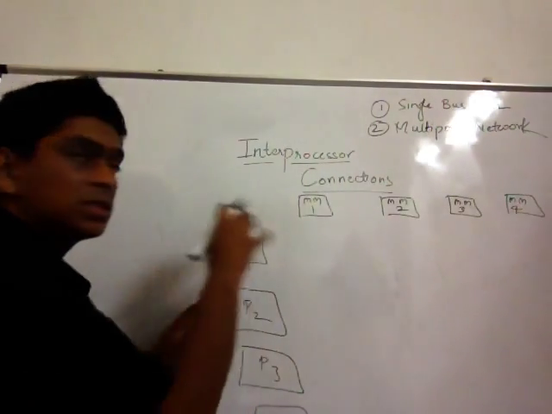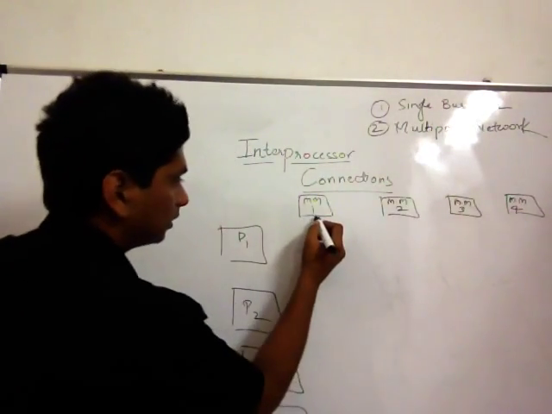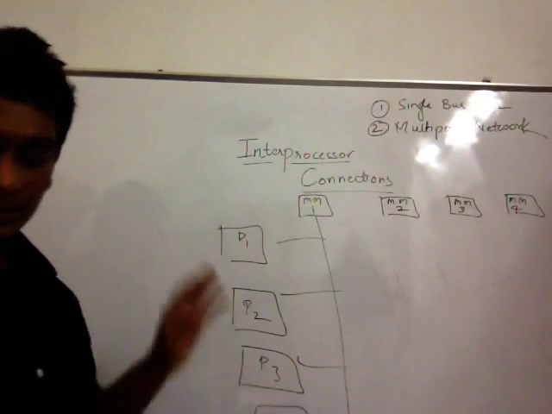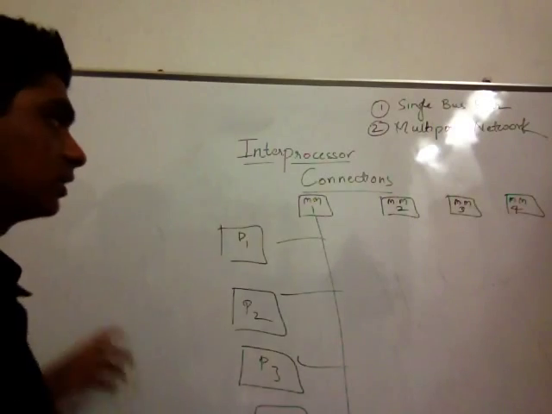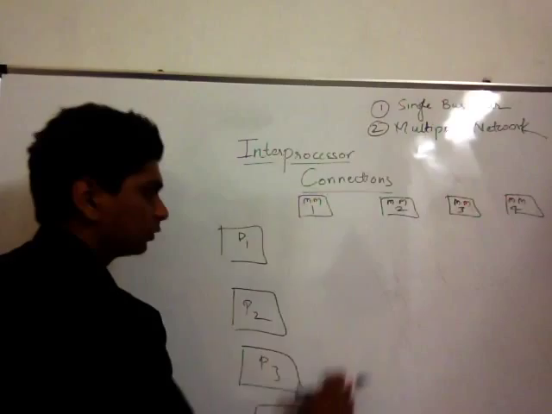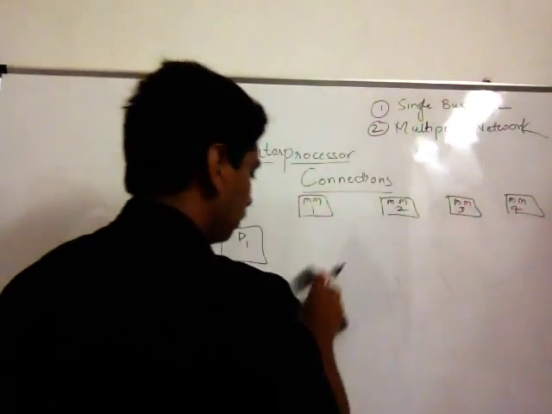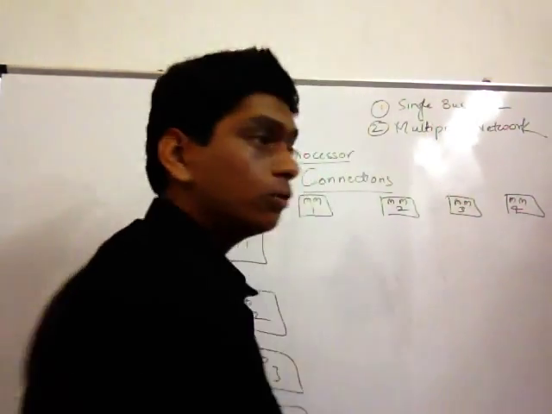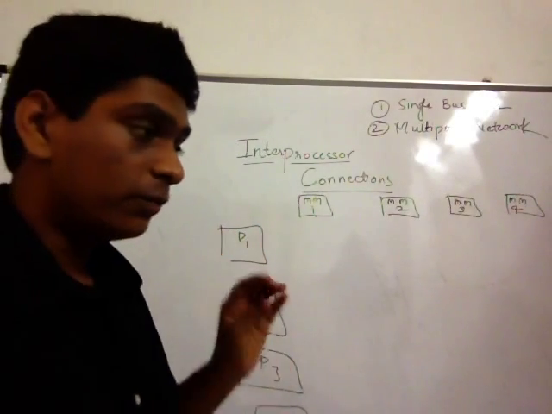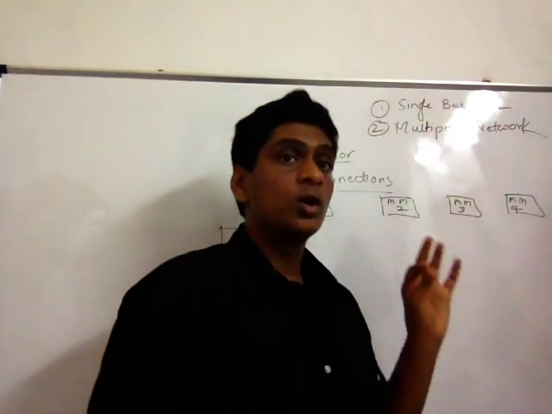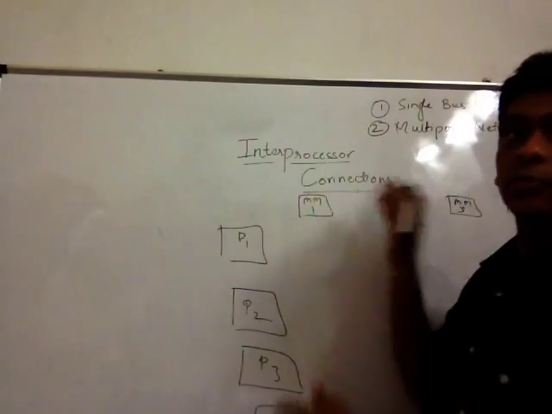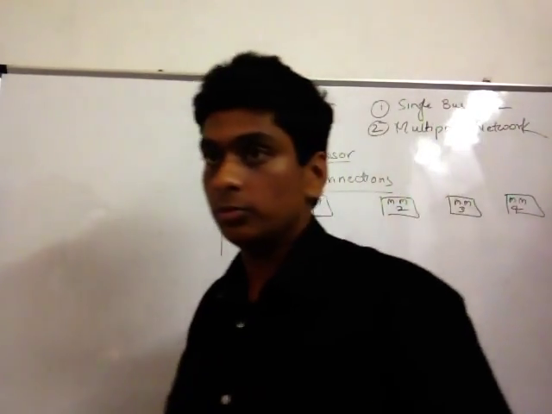If it was a single bus type, you can just connect one single bus and every processor is connected like this. That will be the single bus type of processor interconnection. But we are dealing with a multi-port network, which, as I already told you, is a slight improvisation of your single bus data structures. This is very efficient